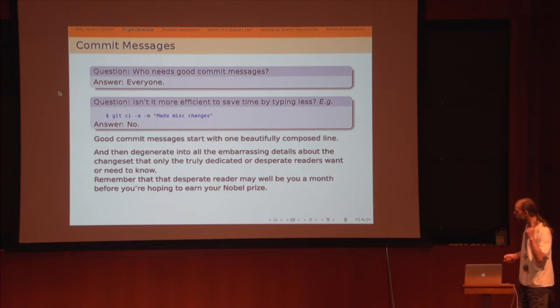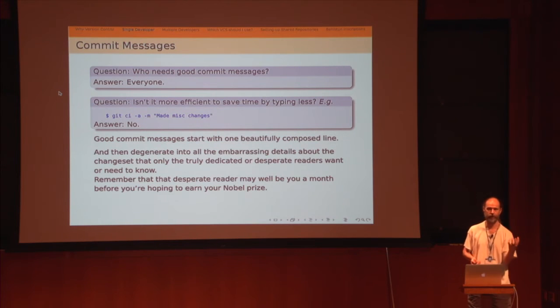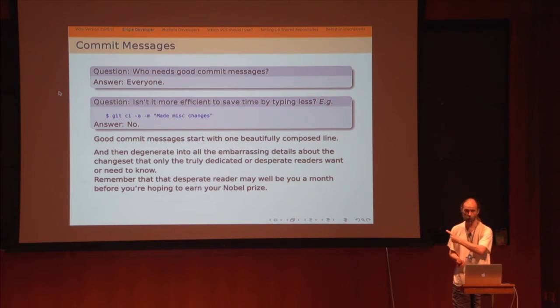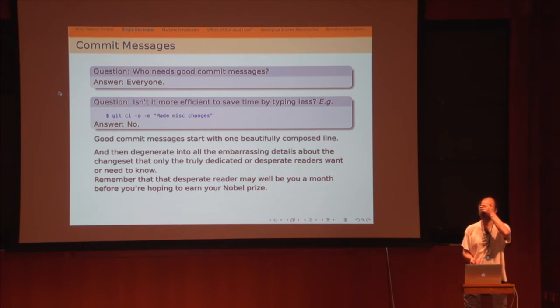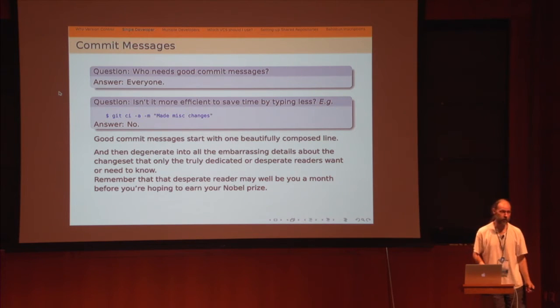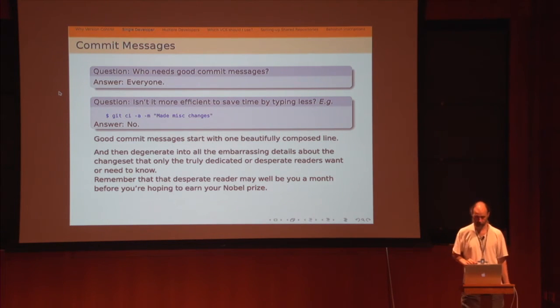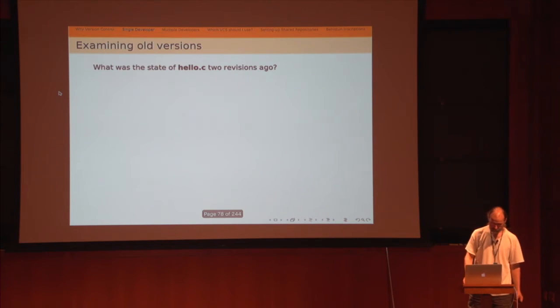Okay, now you should remember that when I'm talking about desperate readers, you're not thinking about your students, you're thinking about yourself. You know that that paper is going to earn you another Nobel Prize, but you can't submit it till you have the code working again. That's when you want to go in and say, what on earth was I thinking? Help, help, help. And then you clutch at straws. And it turns out that commit messages are quite good straws. They have quite a lot of buoyancy. They can really help you.